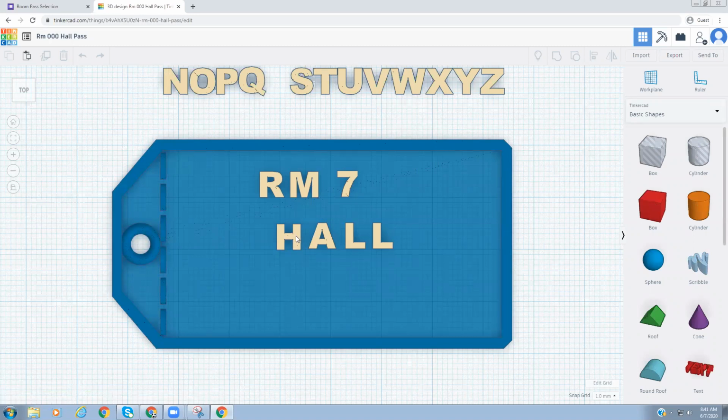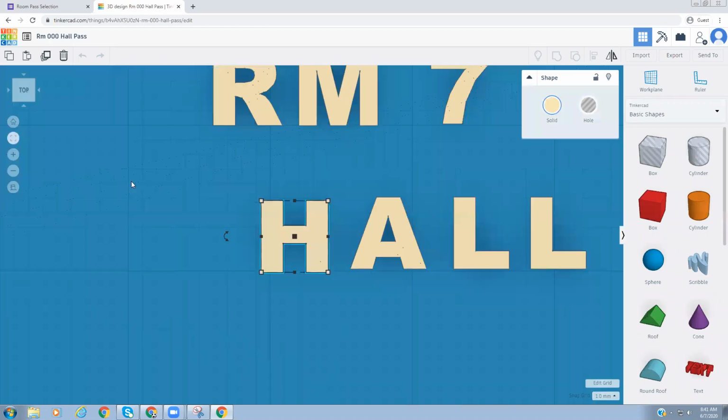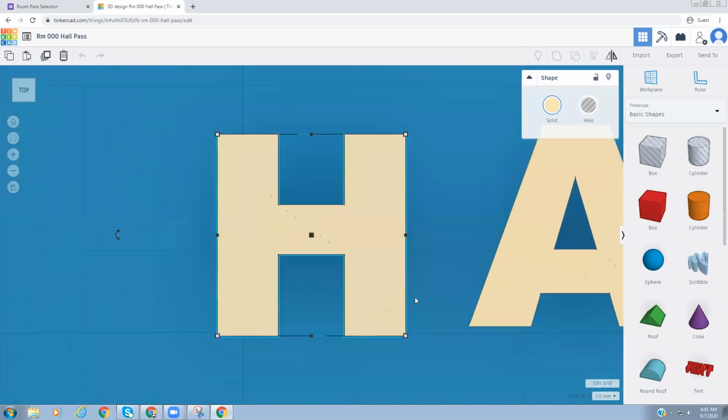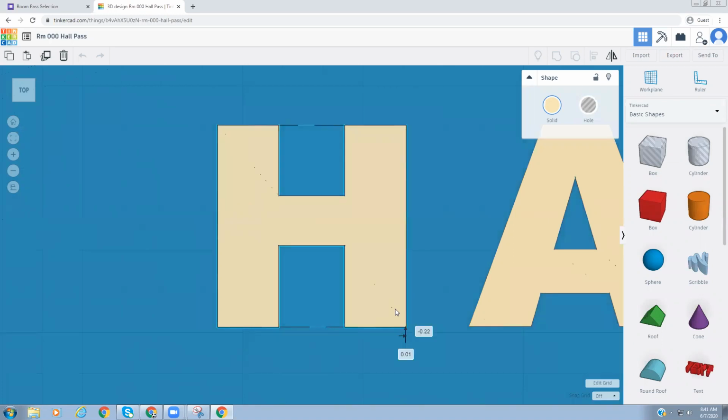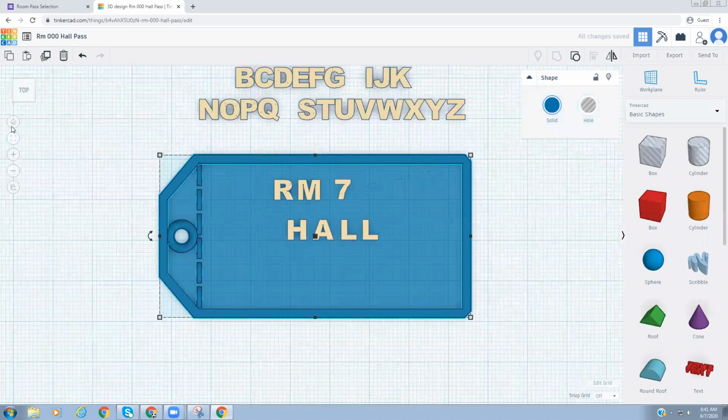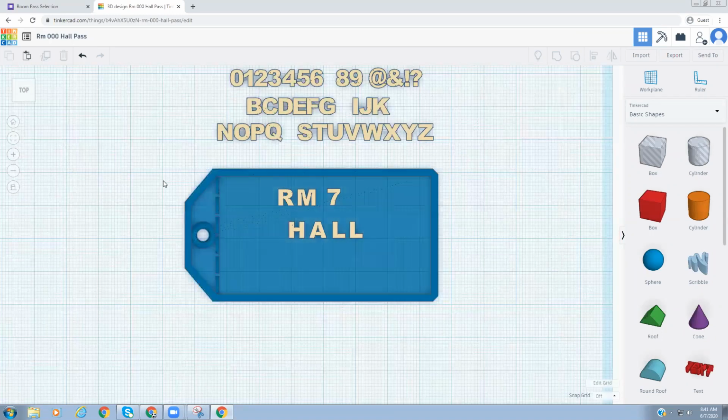So again, I forgot that this was not the same, lined up with this one. So remember, go back down here, change this to off so that you can move this in unlimited positions. And there, that's more lined up to where I want it. Then I can click on the blue and zoom out, and then click off the blue so that I'm not selecting anything. Anyway, so now I'm going to select my letters,